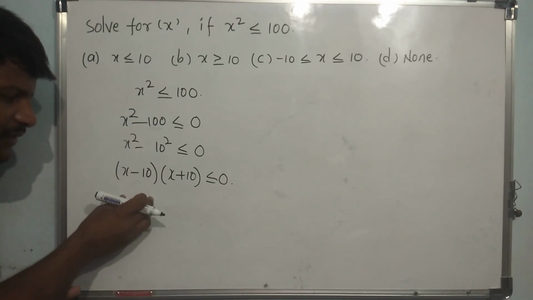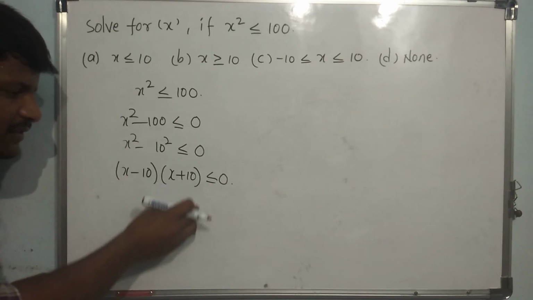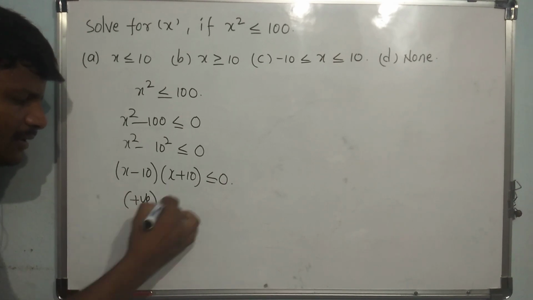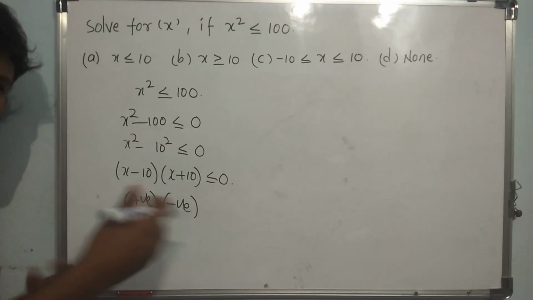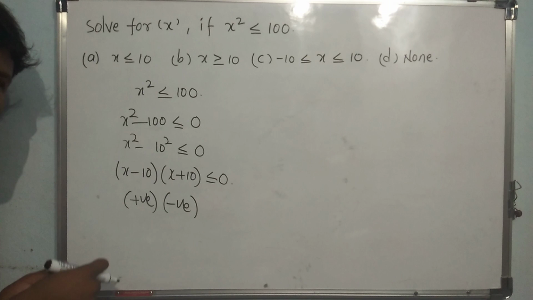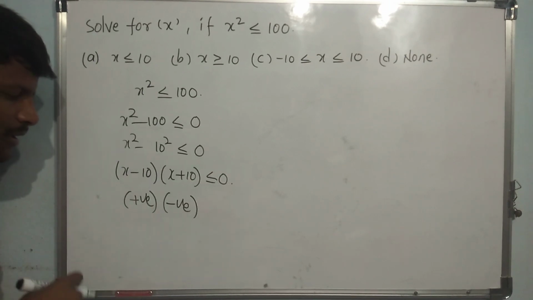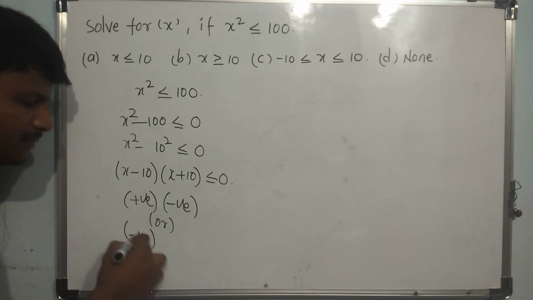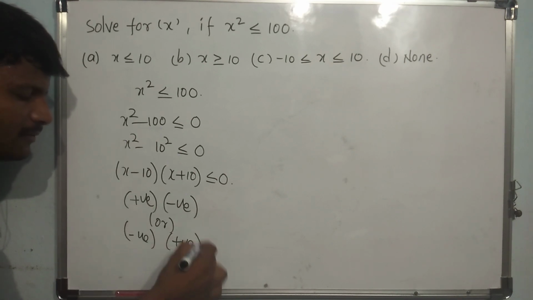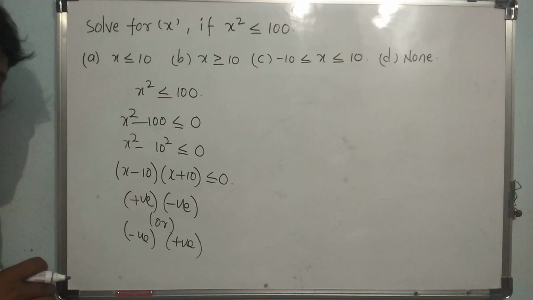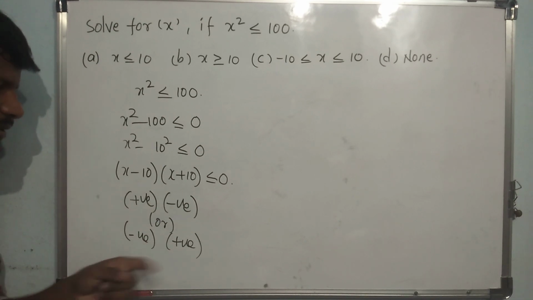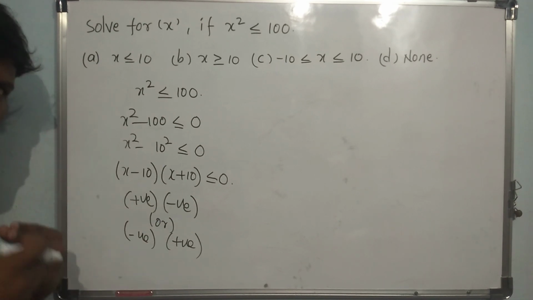If the first factor is positive and the second is negative, positive multiplied with negative I can say is a negative number only. Yes, correct. After multiplication you will get less than 0. Or one more solution is, the first may be negative and the second may be positive. After you multiply, again negative. These are the only choices that we have. Now what I'll do here is go with this method and this method. And again I have a shortcut trick.